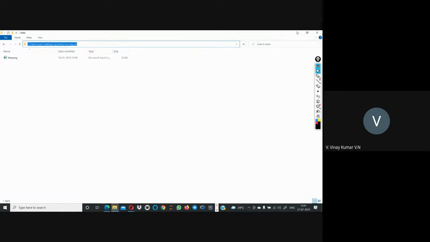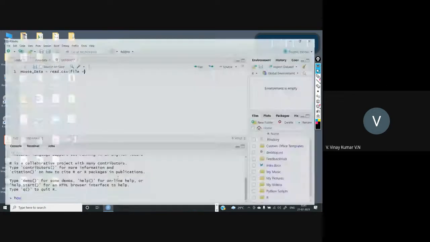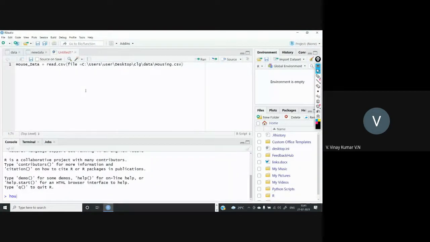So I just copy it and I'm going back to our console and I'm pasting here. So this is my path of the file, in the local system, where the file is that I am copying here. So here one thing, in Windows 10, Windows 8 and above versions, you will get the forward slash. Instead, you will have to take backward slash to modify. Otherwise, you will get an error. Just press enter.